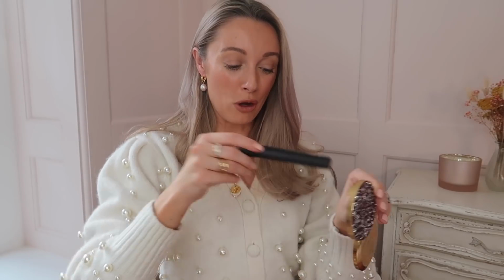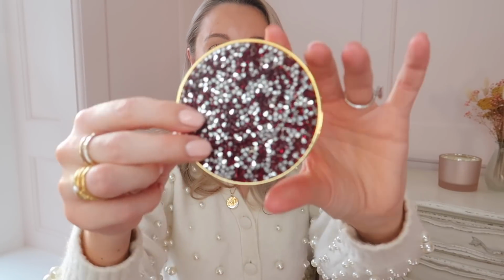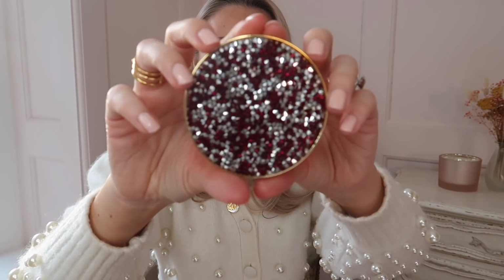The other item that I'm holding here is also in my top 20. This is the By Terry Twinkle Glow CC Highlight in the shade Candle Glow. It's the one in the most beautiful packaging, which I'm not gonna lie is what first attracted me to it, but it is the most incredible highlight. I wore this throughout the festive season. If I'm doing any Zoom events or anything like that at the moment, I will use this as well. It is the best highlight undoubtedly that I have